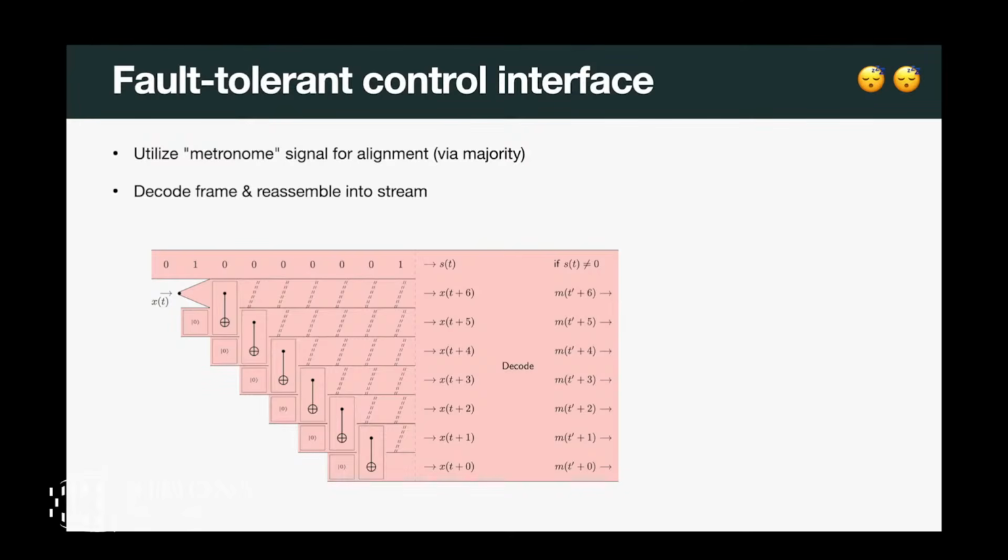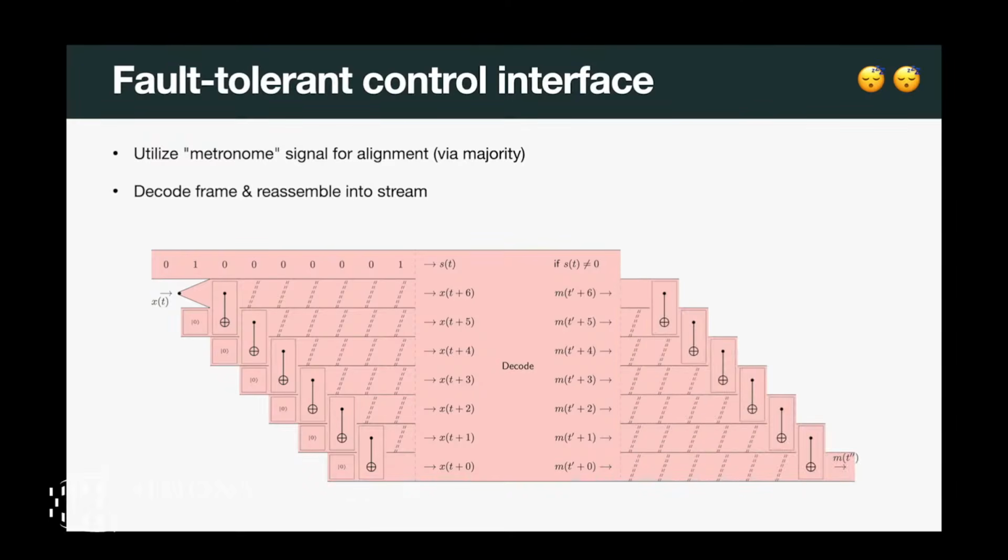Then I'm going to run my decoder. It's looking at a bunch of consecutive bits of this stream, and it's going to decode. And in particular, it's only going to output something non-trivial if I see a 1 on this metronome. And then I'm just going to add it back together such that I get a decoded data stream. Yeah, so these ones. Every time you see a 1, you know that you're looking at a position like here, for example. Great. And that's where my noiseless control comes from. And you can do some similar procedure in reverse for the measurements.